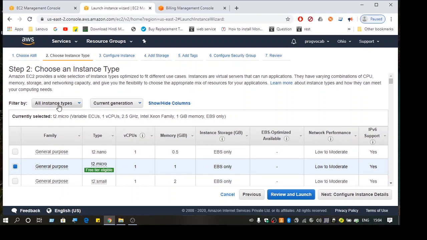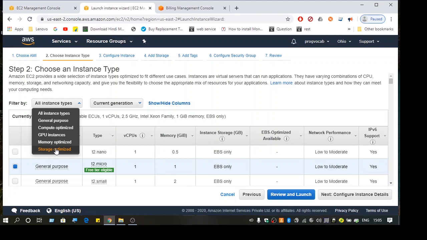There are a lot of instance types like general purpose, compute optimized, GPU optimized, memory optimized and storage optimized. In storage optimized you will have maximum storage, and compute optimized will have more CPU. So there are a lot of options.